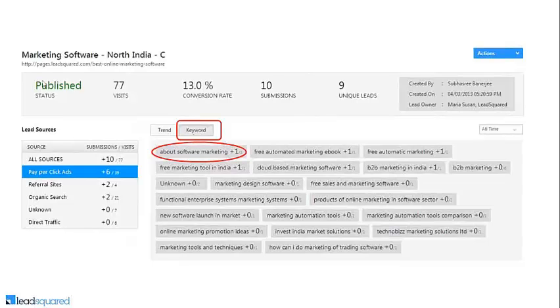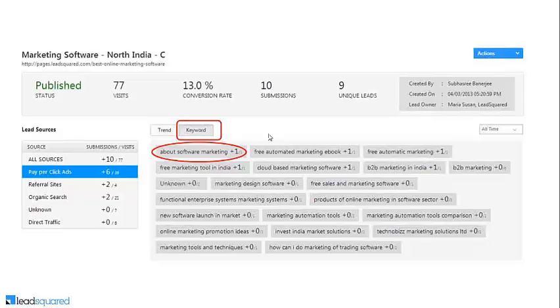By looking at this report, I can easily find out which of the keywords people are using to come to my landing page, but which are not relevant to my ad or my landing page or my service. So I can just go back to my AdWord campaigns and mark this particular keyword as negative. The work is done. Of course, this detail you can get using AdWords, but there's quite some work involved there.